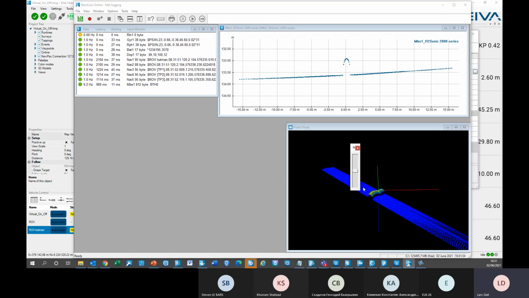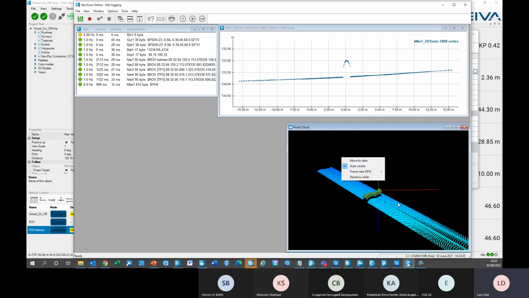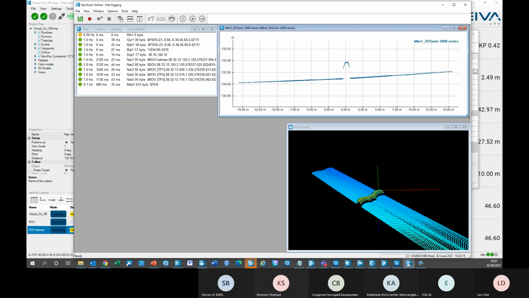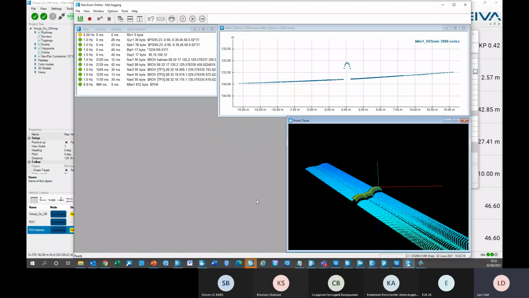You can also have a rainbow slider that will make it possible to change the colors. But with auto center, it will always stay in the middle here. A little bit of noise, but that's caused by the noise that we have included in the simulator